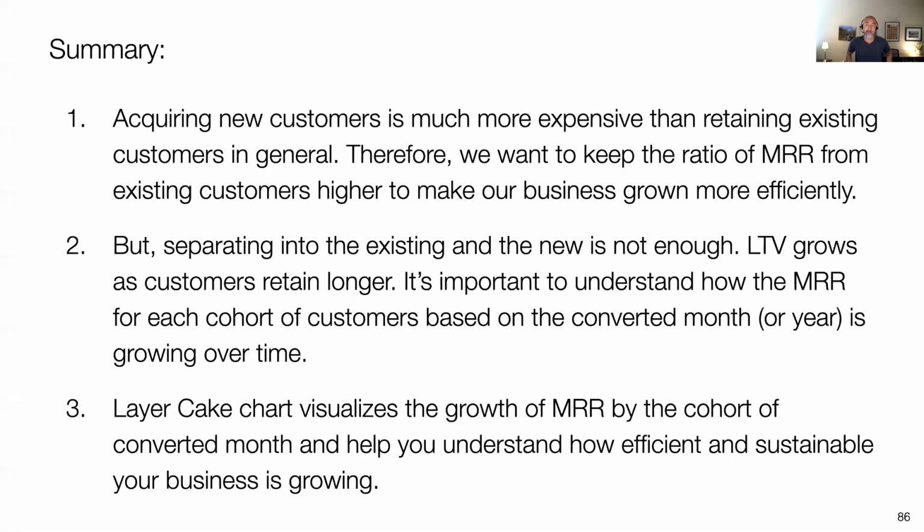The LTV grows as customers retain longer, so it's important to understand how the MRR for each cohort of customers, based on the converted month or year, grows over time. The layer cake chart visualizes the growth of MRR by cohort of converted months, or year if you're tracking by ARR, and helps you understand how efficiently and sustainably your business is growing. So it's all good so far, but